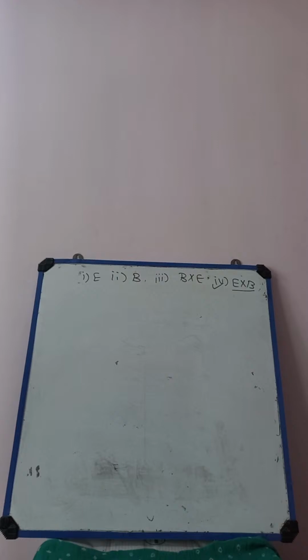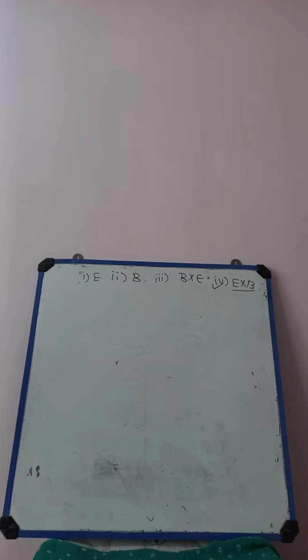Copy this. Next, write down the next question. An electromagnetic wave can be produced when